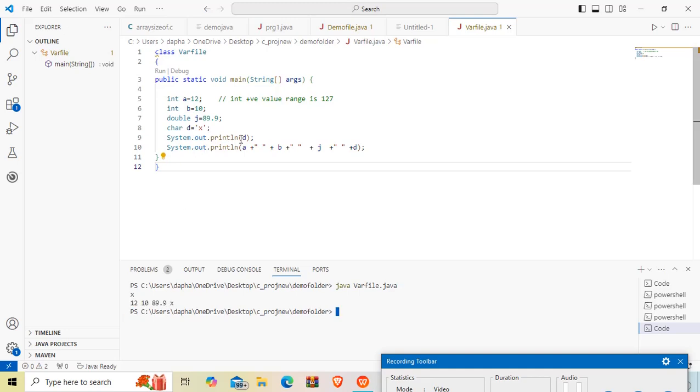So see here, first the x value is printed, the value of d. Then the value of a is 12, 12 is printed. Then 10 means the value of b. Next value is 89.9, that is the value of j, and last I have printed d again, so that single character x is printed here.